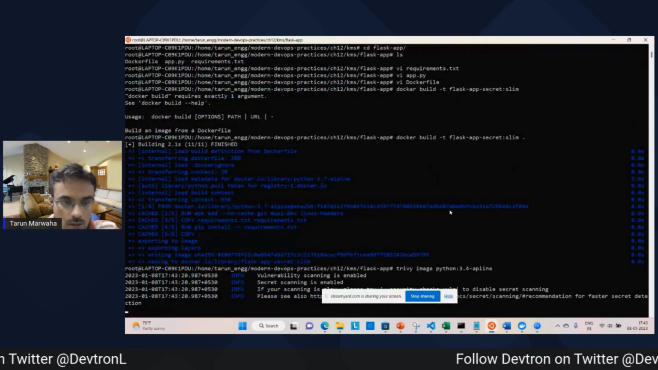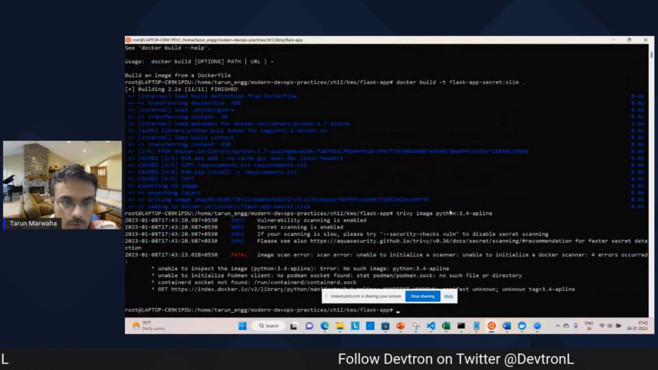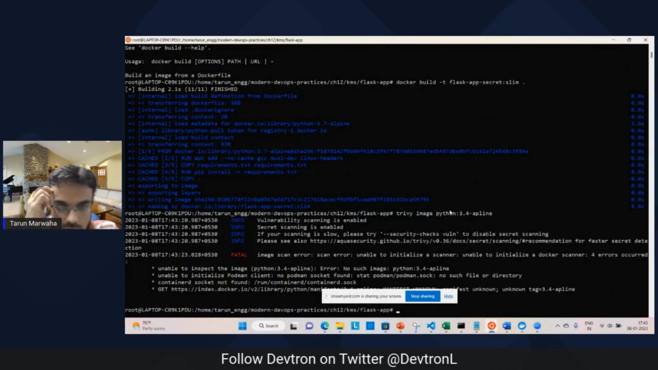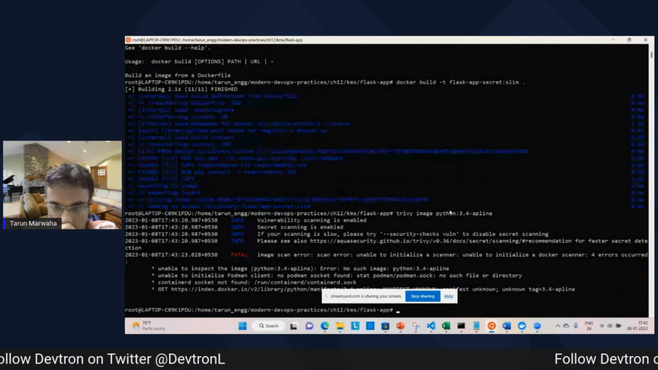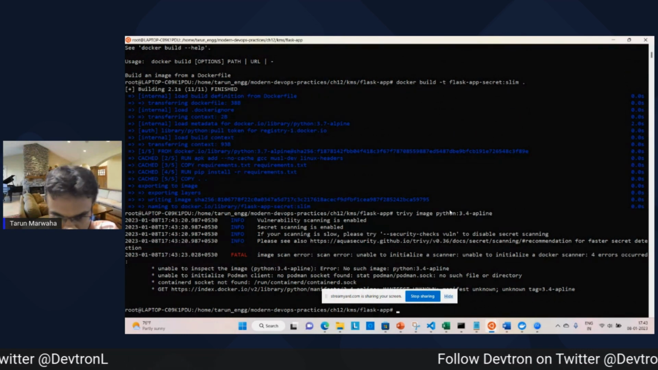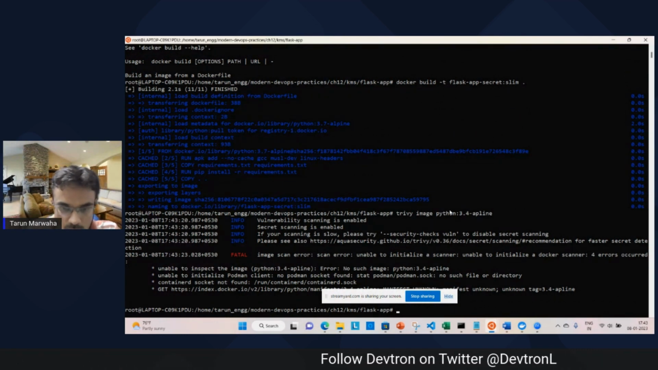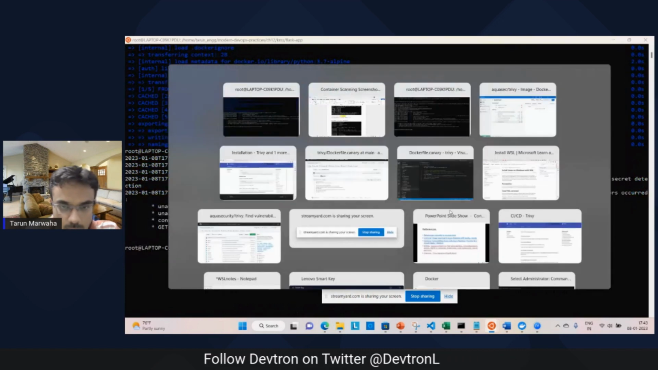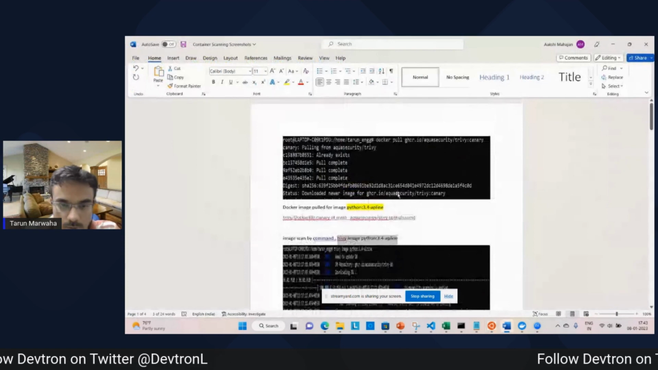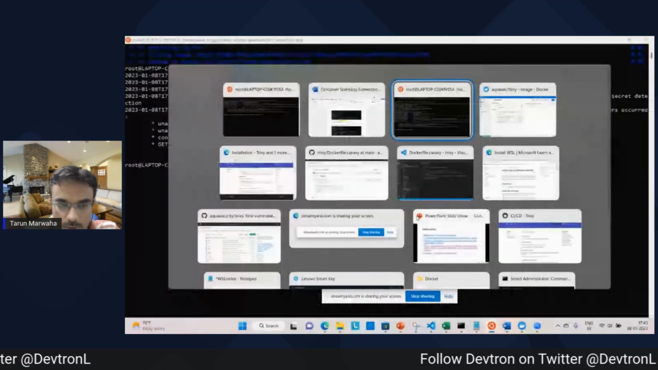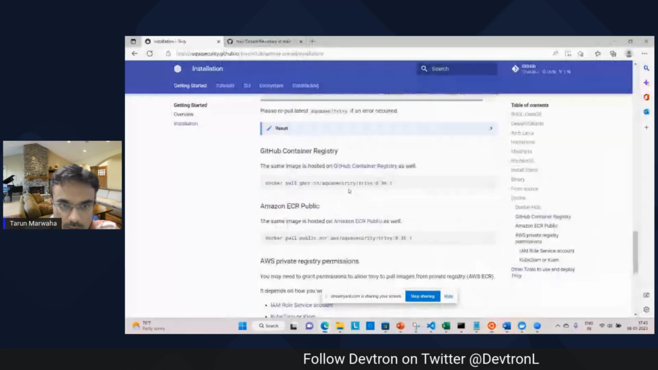So okay, I think I need to fix this one. It says image scan error, unable to initialize the scanner, unable to inspect the images, no such image. So I have pulled that image, but okay, Docker pull. Okay, let me try to pull this up again and see if